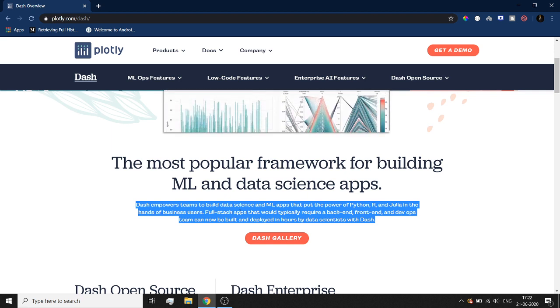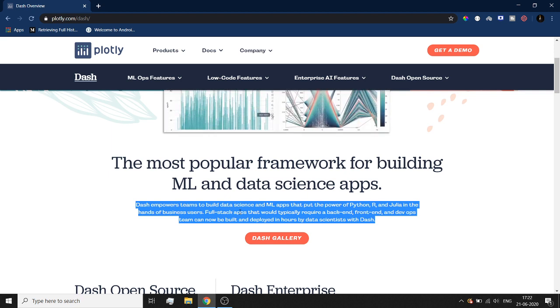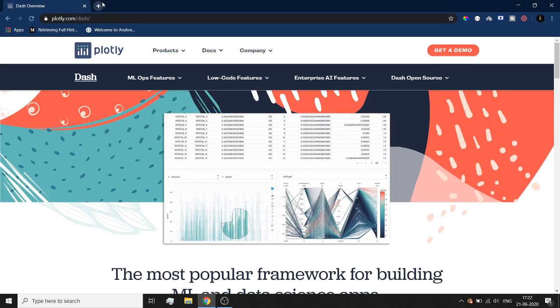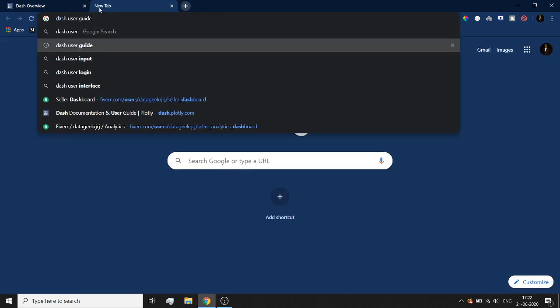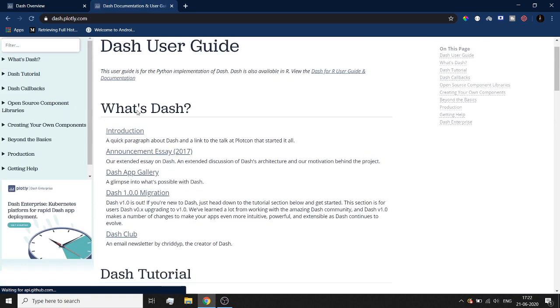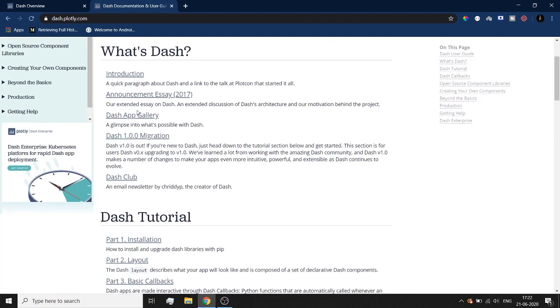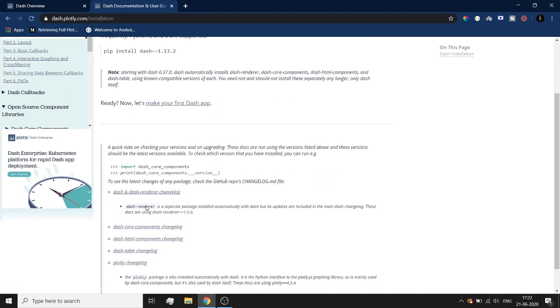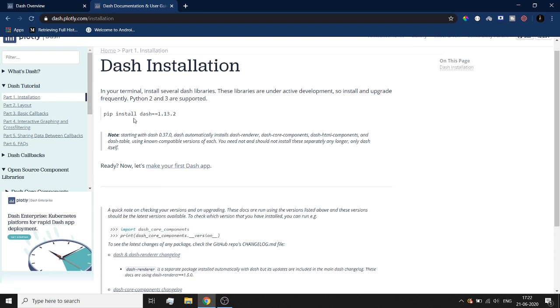But first of all, what I would like to do is show you how you can install this Dash framework. Obviously for that I need to go to the Dash user guide. So I will go to the Dash user guide, and here they have clearly shown every step of how you can install the Dash framework. So part 1 installation, and using this step which is called pip install dash. Now you don't have to specify this 1.13.2.